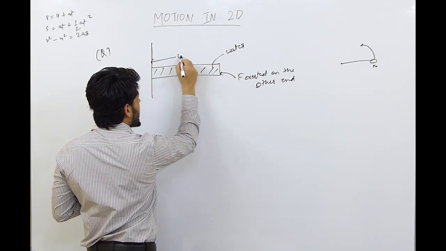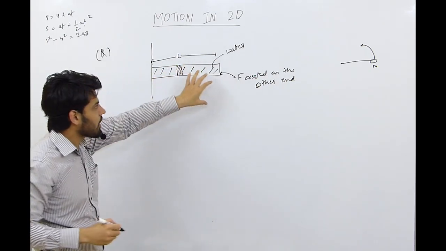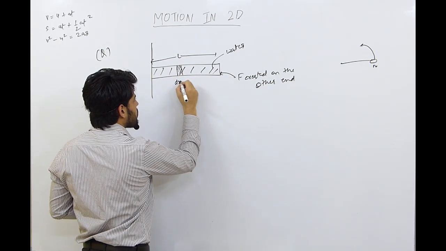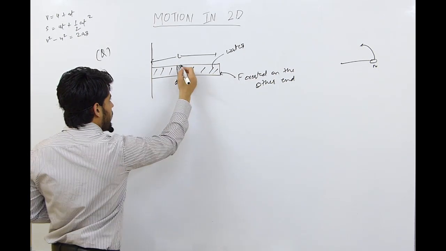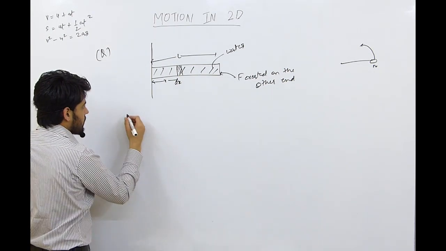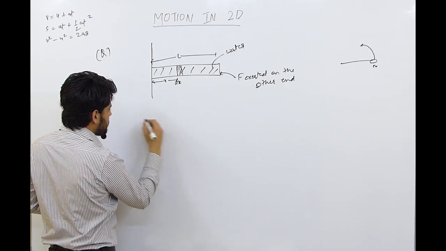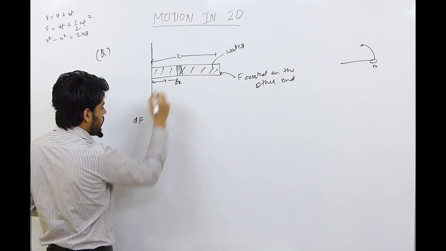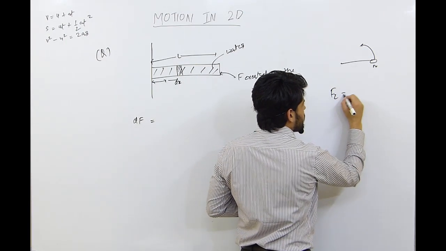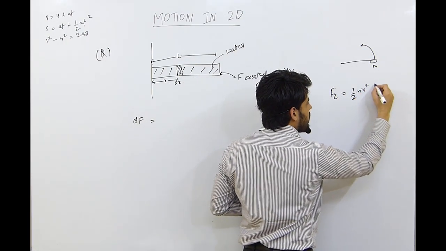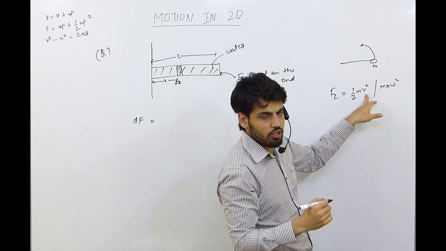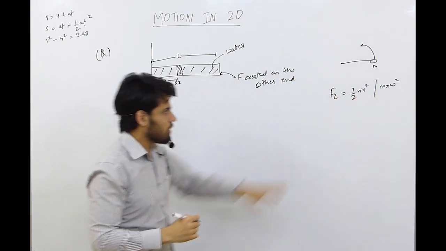The length of this tube is L. The mass is not just concentrated at the end of L, it is uniformly distributed. So we will take a dx component of this mass. We will just consider this, which is at a distance of x from the center of rotation. So first we will count df. Centrifugal force is equal to mv square by r or m r omega square. These both are the same, just replace v equals r omega and this will be derived. So there is no difference.